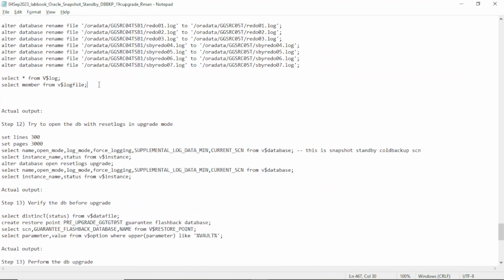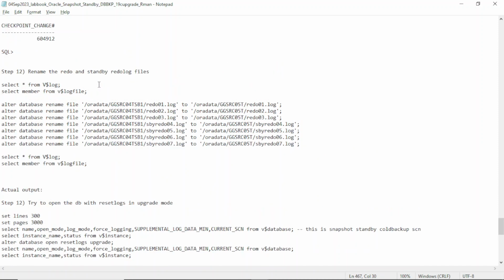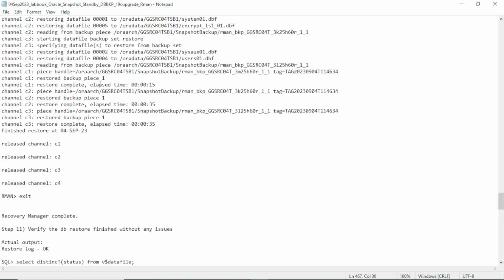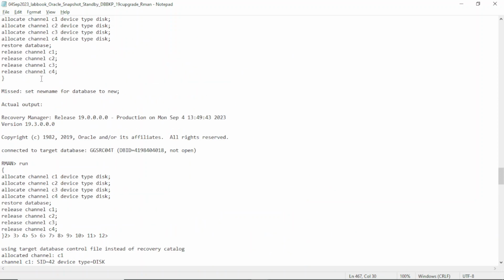So anyway, it's fine for me. This is a lab, so I have no issues. But when you exercise this in your production, ensure you include this command that I missed. So it is set new name for database to new. This will then, in addition to the db create file test work together, ensure it creates the data files on the data file path, which includes the db unique name. Okay,